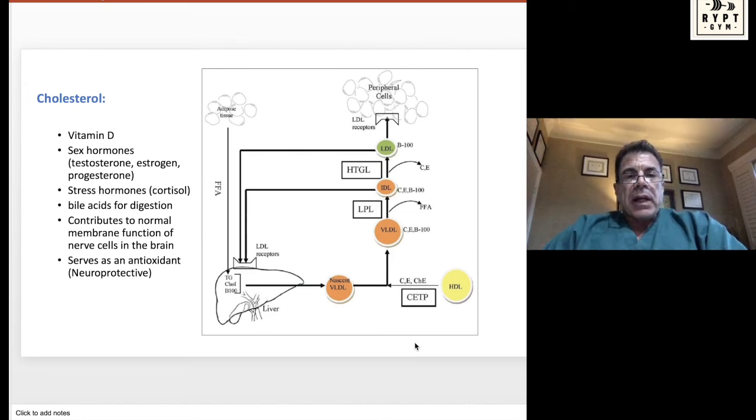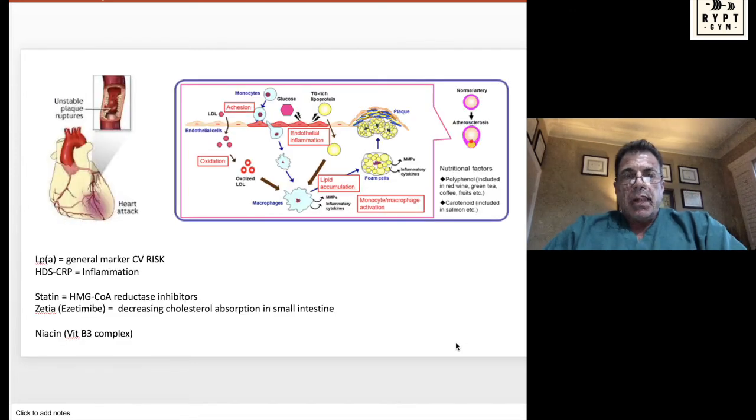We're not going to get into the weeds on apoprotein A, which is found on HDL, and apoprotein B, which is found on all the fatty lipoproteins. But these are also becoming important in medicine. So